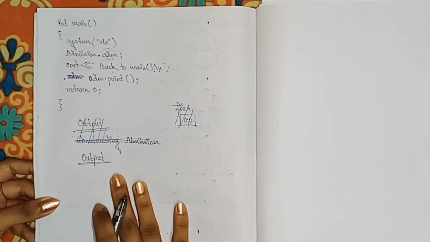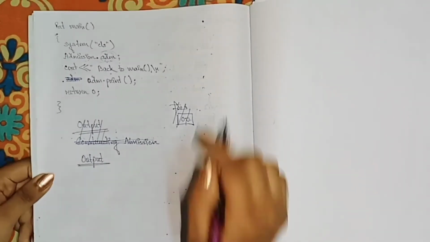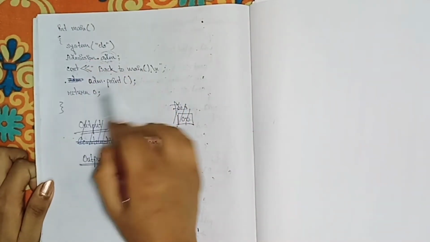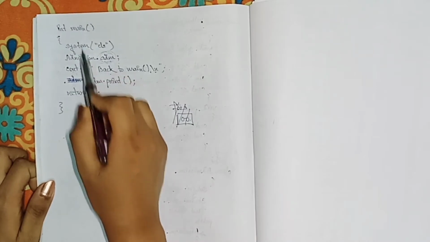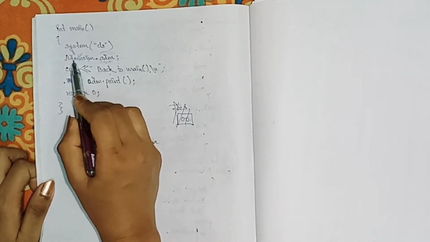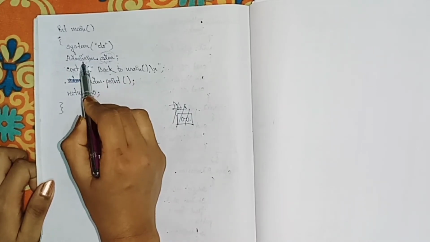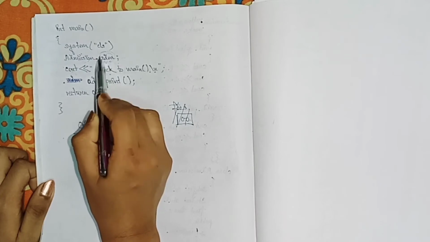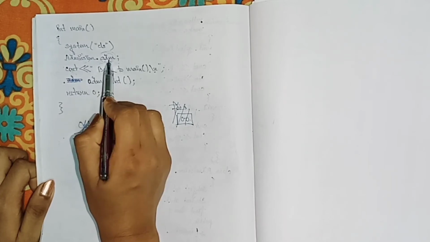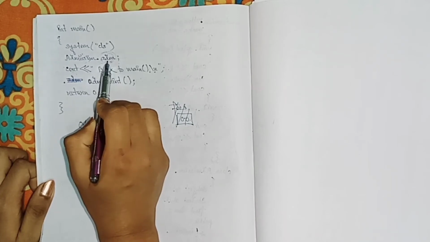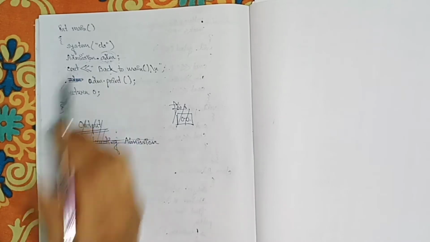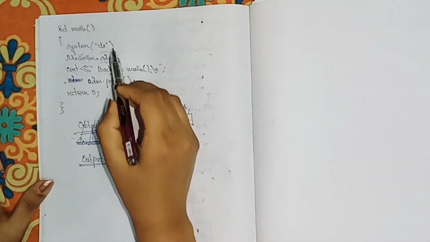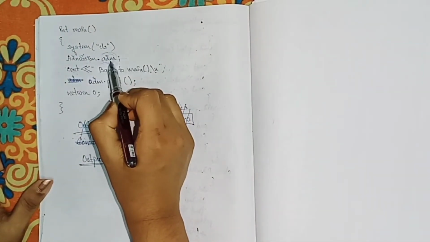Now we will see the output of this particular program. For the output, our program execution always starts from main, that we know. So the main program will be executed first. Here you see the admission class we have taken, and one object we have created for admission, which is ADM. Now as soon as this object is created, what we know is that a constructor is invoked here.